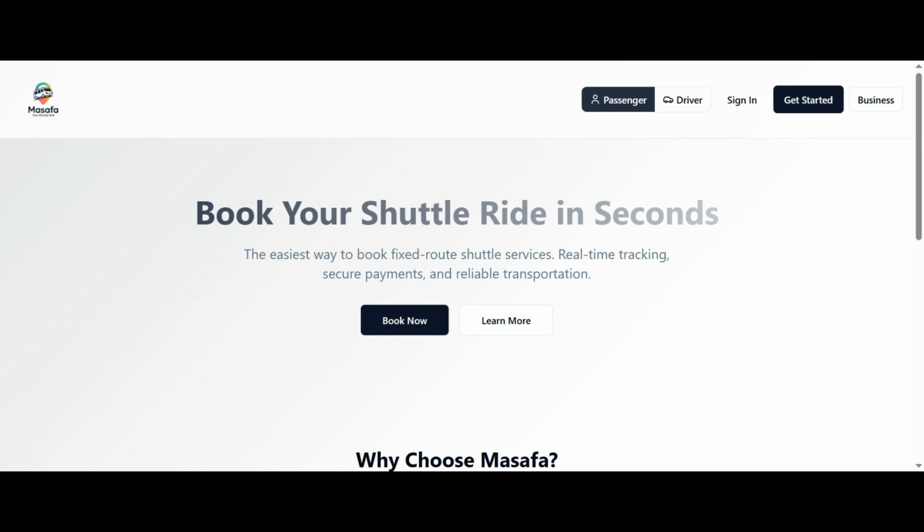They do not necessarily have to come to the booking office and book a seat and sit in that shuttle for long hours. With masafa.co.ke, you book from the confine of your home, and the shuttle bus that you are booked on picks you along its route at a pin location that has been